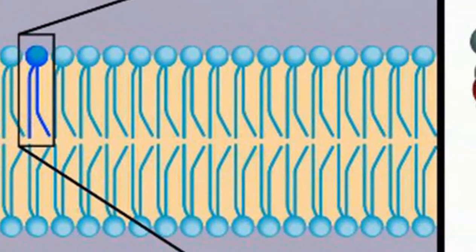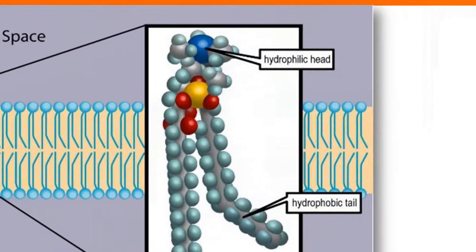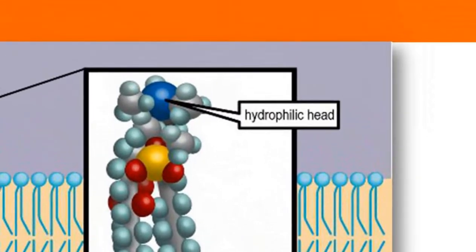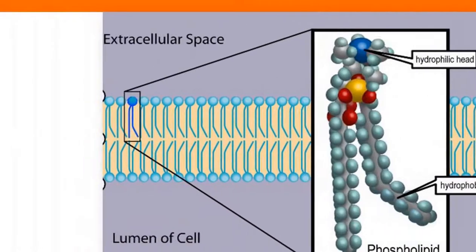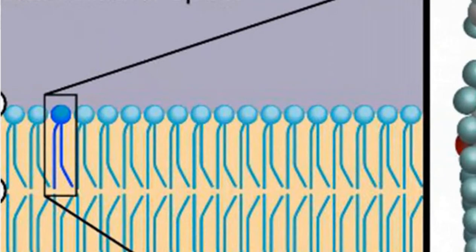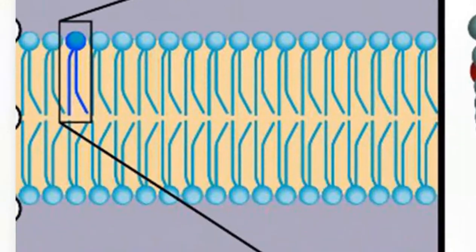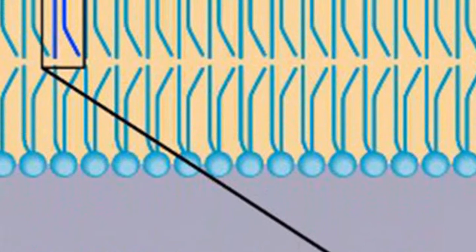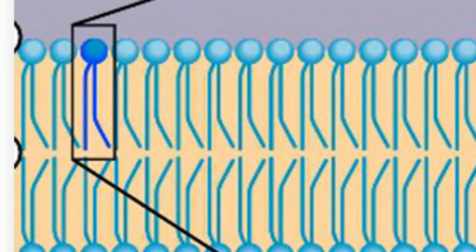This is the lipid bilayer. In this bilayer, if you take one molecule, it has a hydrophilic head region as well as a hydrophobic tail region. The hydrophilic head region is present towards the external side, that means the aqueous side, and in the other layer also the head regions are present towards the aqueous side, towards the cytosol. The tail regions from both the layers are present inwards.